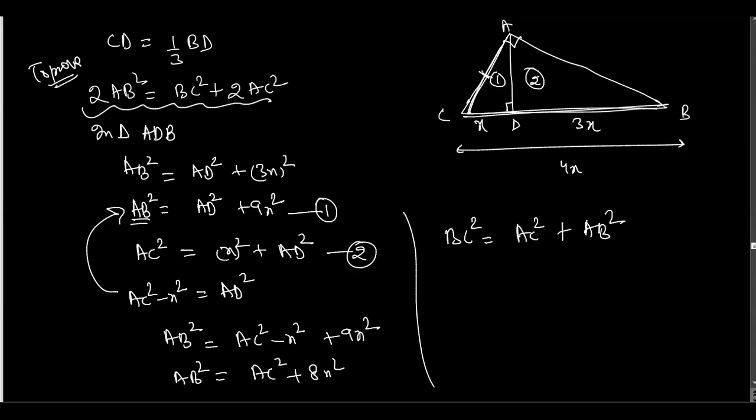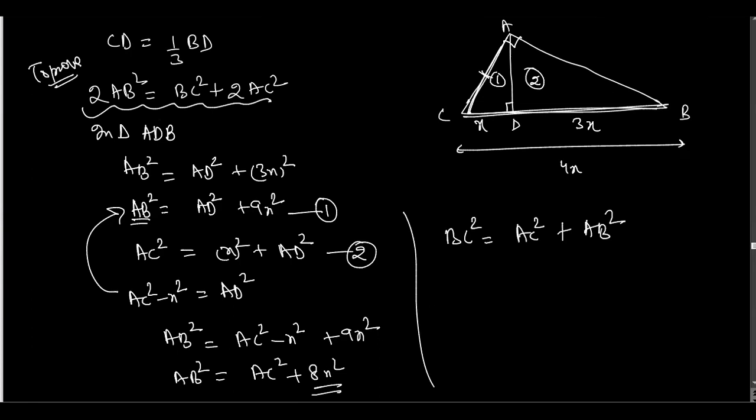Yes, sir. Now what do we need in the question, and what don't we need? We need the AC. Do we need the AB in the question? Yes, we need the AB and AC, but we don't need this X square. So how can I write this one in terms of BC? Because I need BC. So how can I write this one? Tell me.